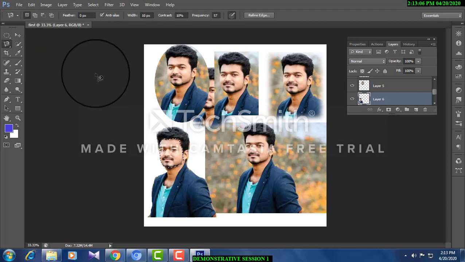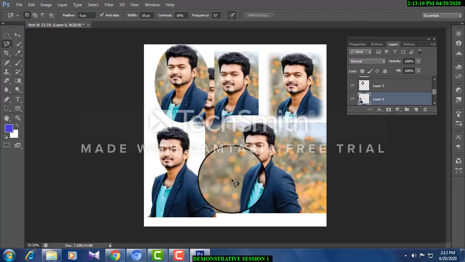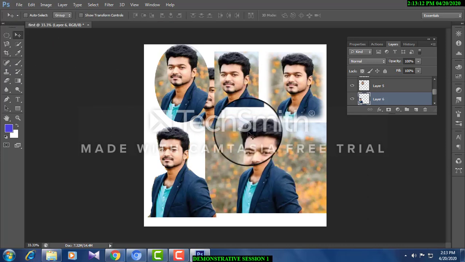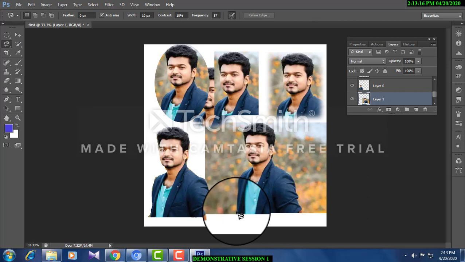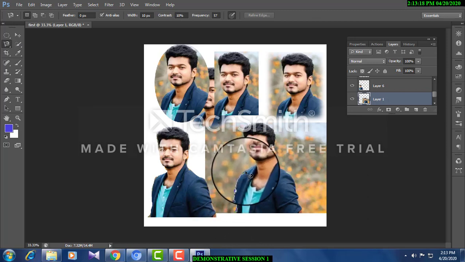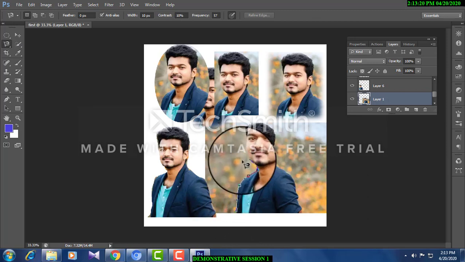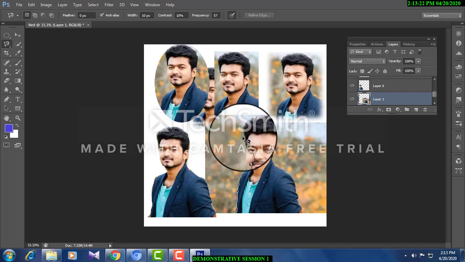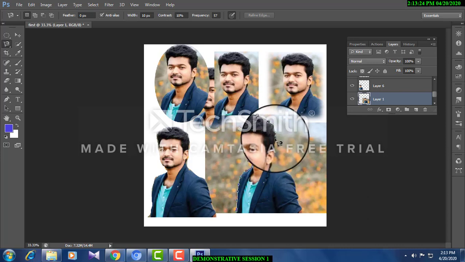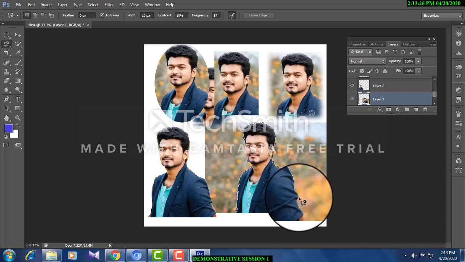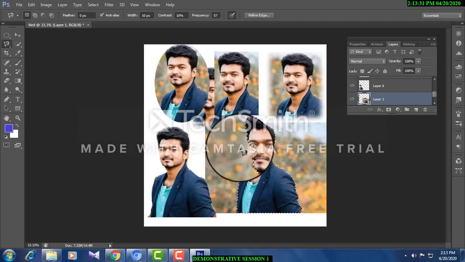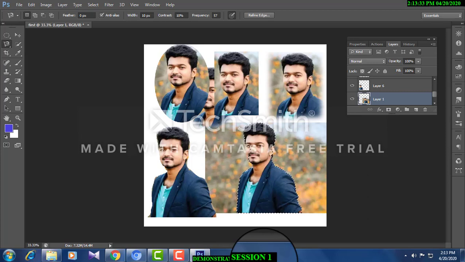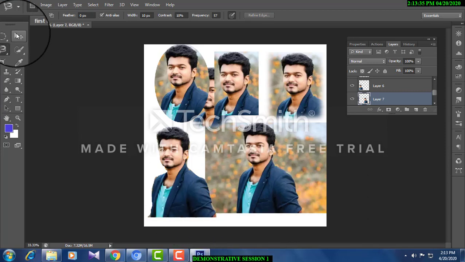And now my dear friends, next one is the magnetic lasso tool. With the magnetic lasso tool, first of all, I'm selecting layer 1. Then you continuously draw over it without clicking the mouse. Just move the mouse and automatically it draws. Sometimes it may go wrong. See, look at here. The face is not cut properly. Control C, Control V.